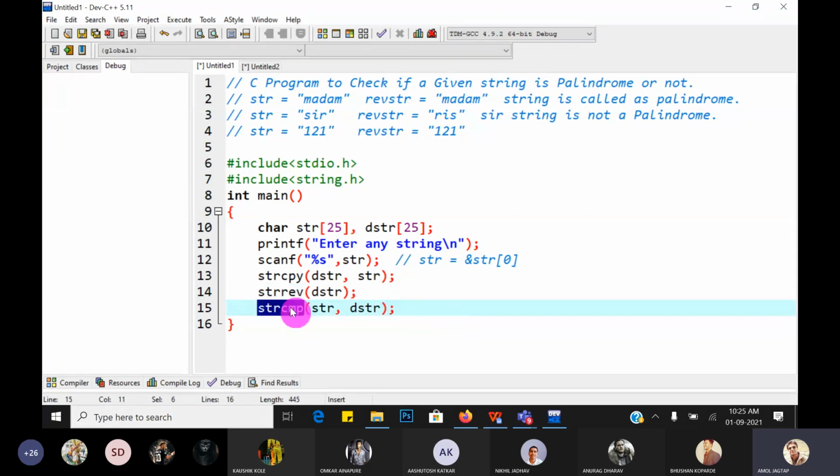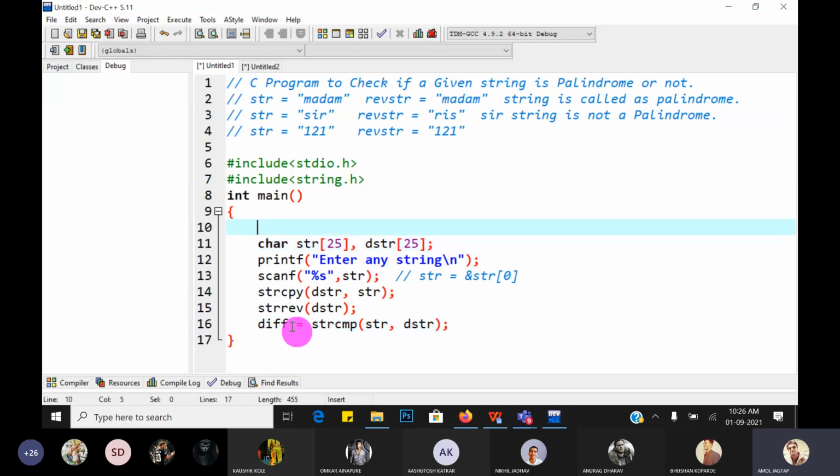But what does the string compare function do? The string compare function returns an integer value, called the difference between two strings, which is the ASCII values difference of the first two mismatched characters, and it is caught in the difference variable. Guys, whenever we use any variable, we must declare it first.